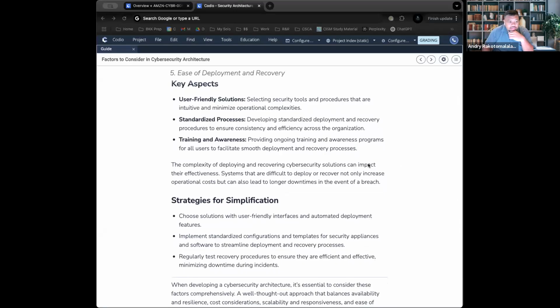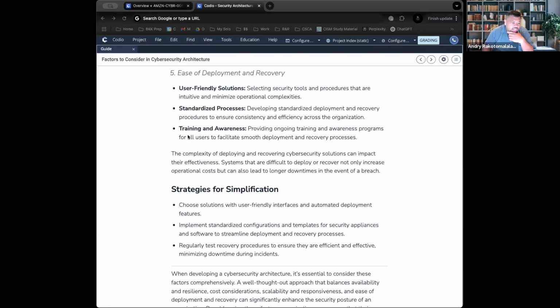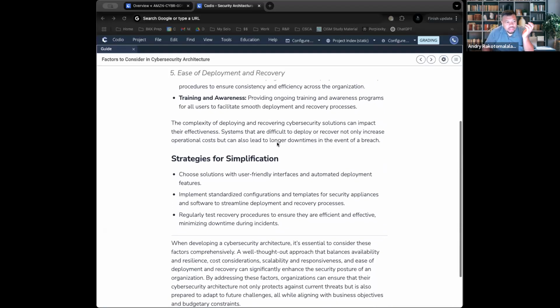And then staff readiness. Staff readiness is what I mean when we're talking about training and awareness. You do have to include time to train your users, make sure they understand the program and how to use the program. That does take time. However, it's important because keep in mind, when you're implementing a new tool, it's not for the IT team. It's not for the security team mainly. It is for the end user to understand and know how to use. That's all it is.